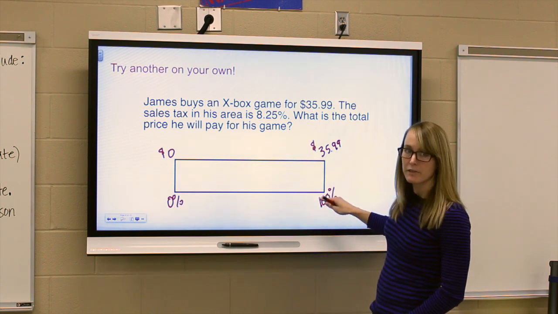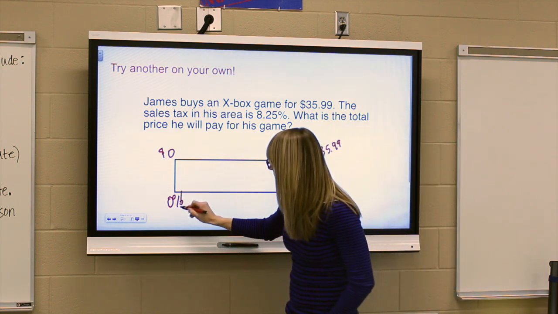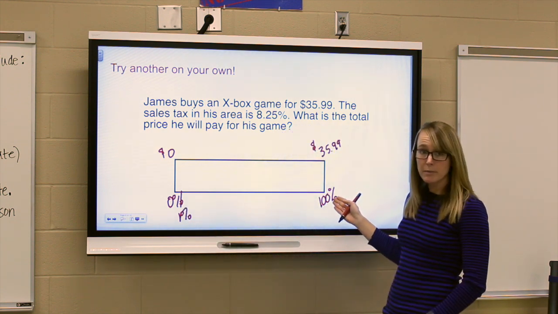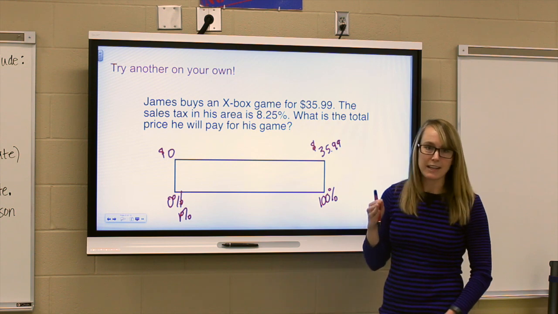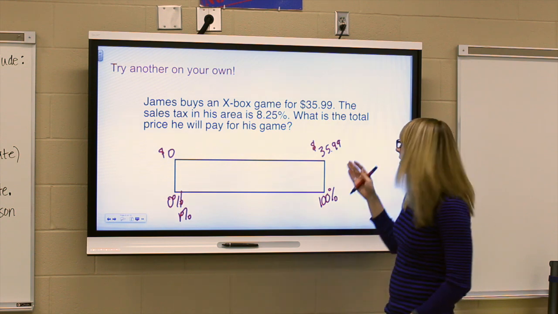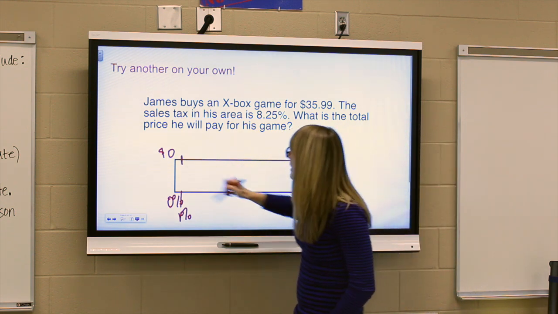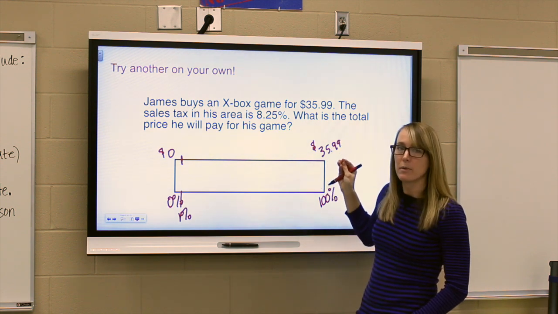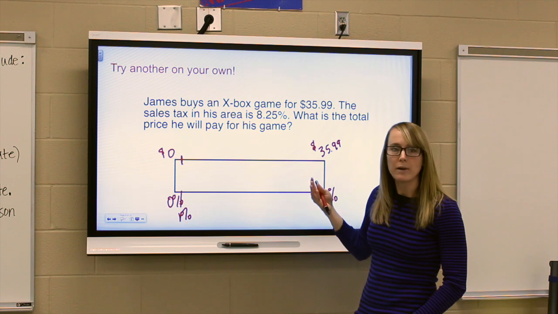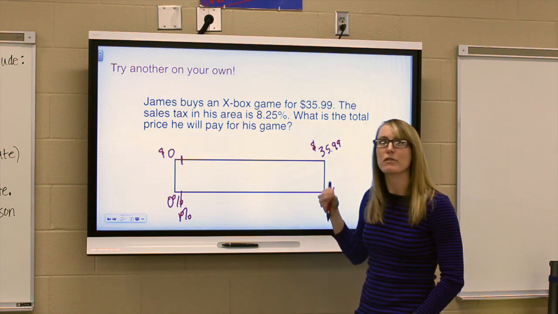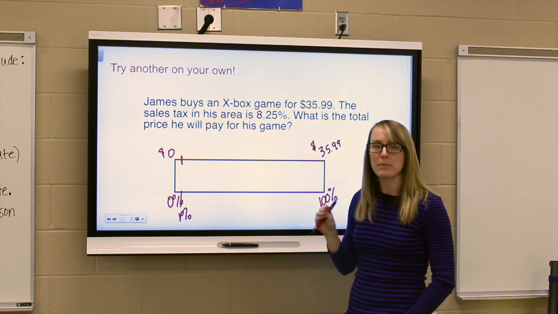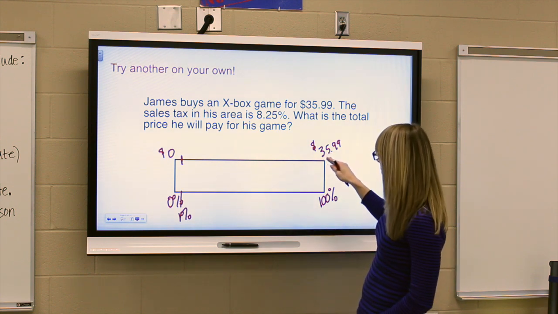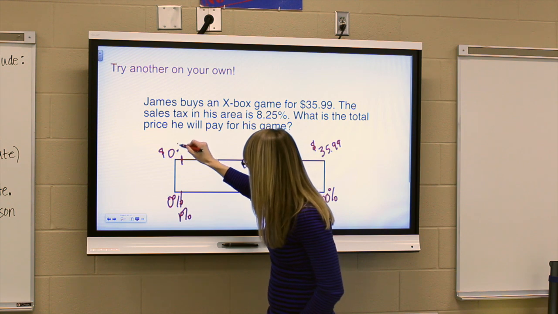So if I take 100 divided by 100, I get 1%. But if I take 100 divided by 100, I have to take $35.99 also divided by 100. And so that 1%, and I know this is going to look strange, but I'm going to keep it exact right now. Remember I told you that you never round an answer until it's your final answer. You want to keep numbers exactly as they are until you get to the final answer. So 0.3599